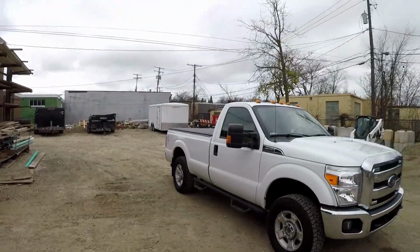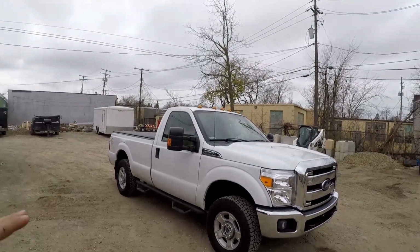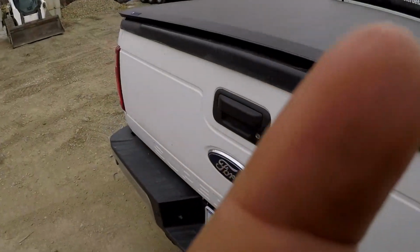So yeah, there's just a couple things. I don't think there's exactly 5, but I have a list on my phone and we're gonna go over that right now. Alright guys, so the first thing I hate about this truck is the fact that the bed liner